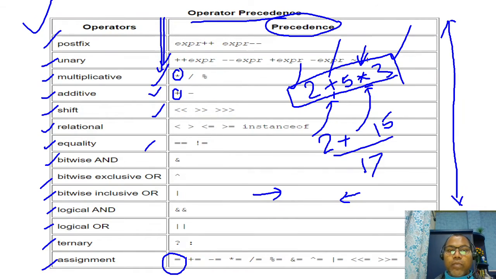So all the operators are evaluated left to right except the assignment operator. The assignment operator is always evaluated from right to left. These are some basic rules you should know. What is the precedence order? Precedence order is the information to the compiler: if you have one statement that contains multiple operators, then which operator is evaluated first. The higher precedence operators are evaluated first, then lower, then next.